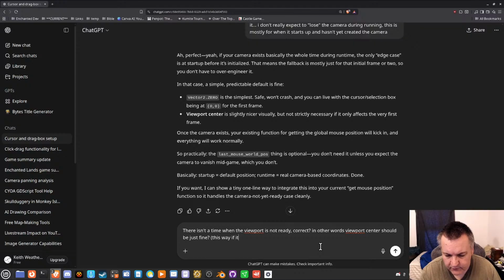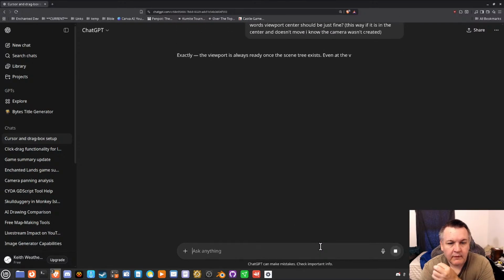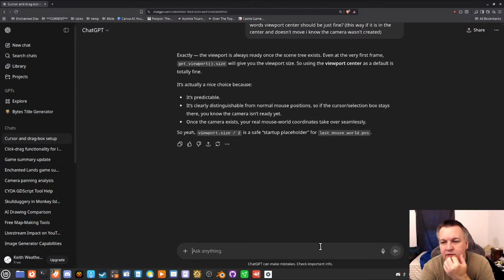This way, if it is in the center and doesn't move, I know the camera wasn't created. Viewport's always ready once the scene tree exists. Even in the very first frame, get viewport size will give you the viewport size, so using the viewport center as the default is a nice choice because it's predictable. Clearly distinguishable from normal mouse position so that the cursor selection box stays there. You know the camera isn't ready yet.